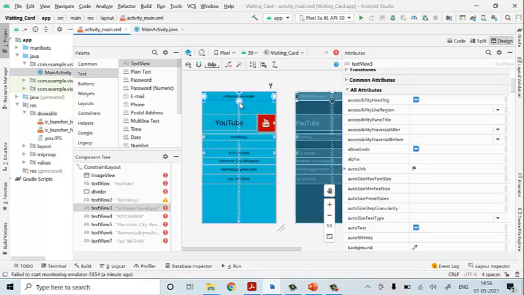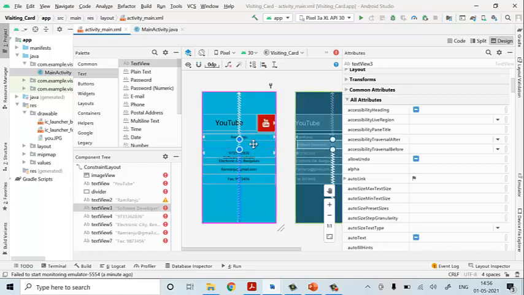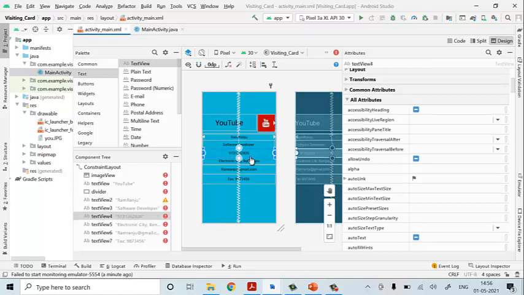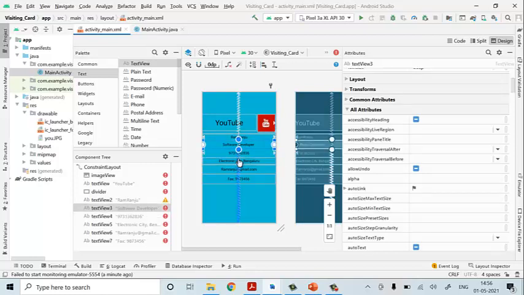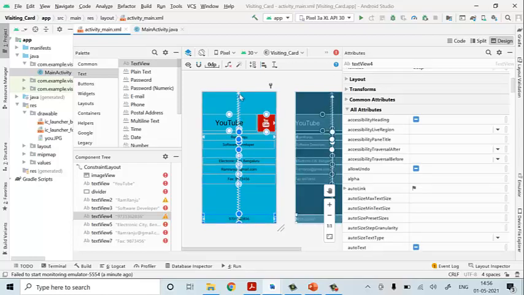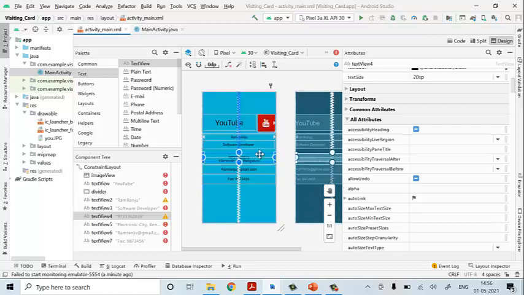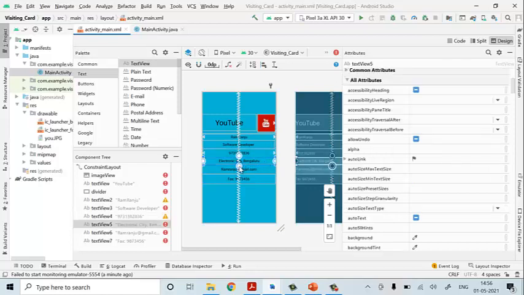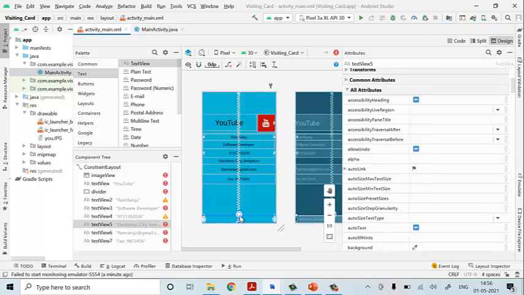Same way. See, now you're going to get it, just you have to place it in that particular location. Now it is located. The same thing you have to do for the phone number also. Select the phone number, place it here, do it for the top. Now you need to locate it into the particular location. Same way you need to do for the company location. Just you need to do the same for your company.